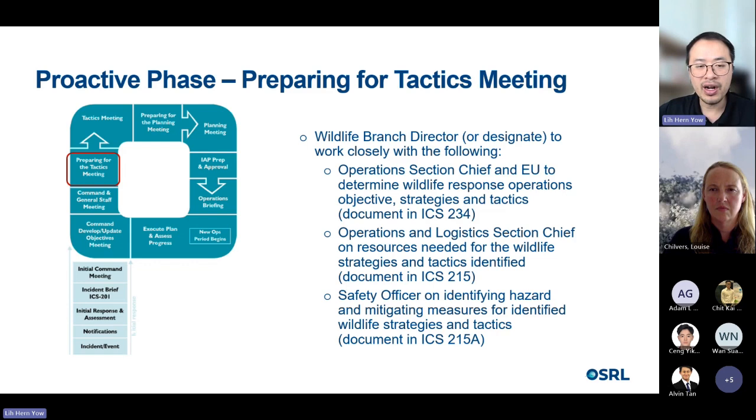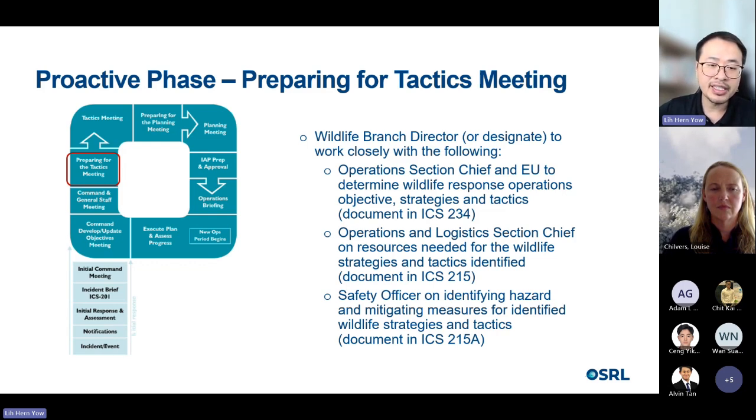And lastly would be to work closely with the safety officer, identify hazards and mitigating measures in terms of the strategies mentioned earlier. So this is very relevant when it comes to the safety reminders that were shared by Dr. Louise earlier. Of course, we want to be safe for the people conducting any capturing, but we also want to be safe for the animal. So it has to be a compromise, and the safety officer would definitely need some input from the wildlife branch director to ensure that